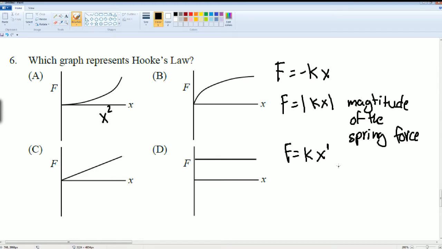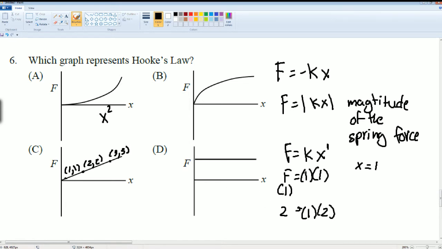Remember, what if x is equal to 1? What's the force? I could even write you the example. If k is the spring constant, we can just treat that as 1. What is x? 1. So what is F? Just 1. What happens if we make these 2? So 1 for k, 2 here. Force is 2. So 2, 2. So look, 1, 1, 2, 2, 3, 3. This has a linear